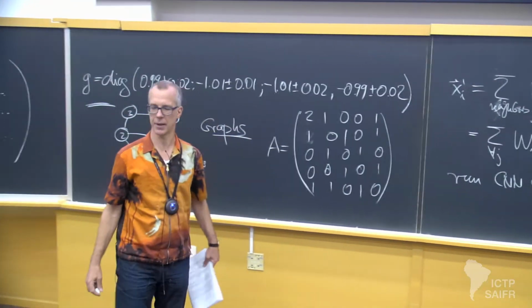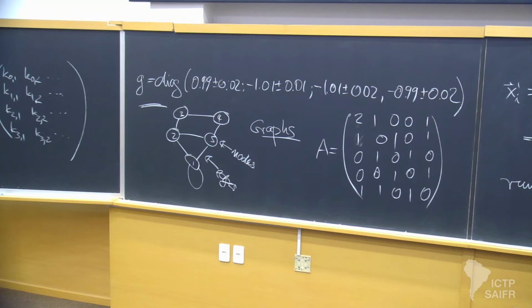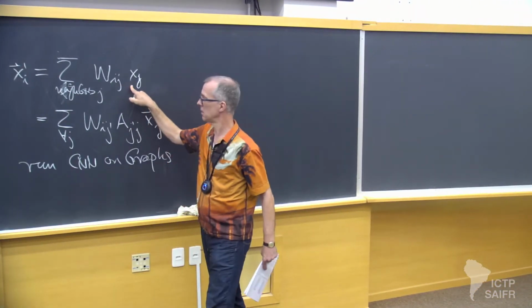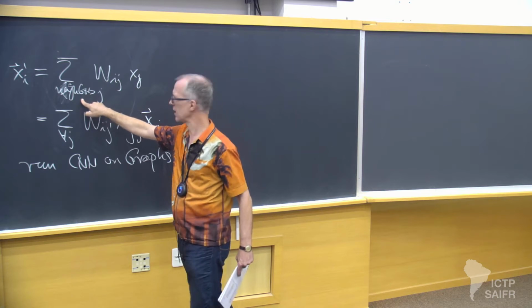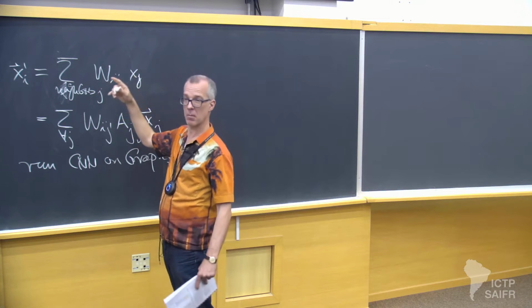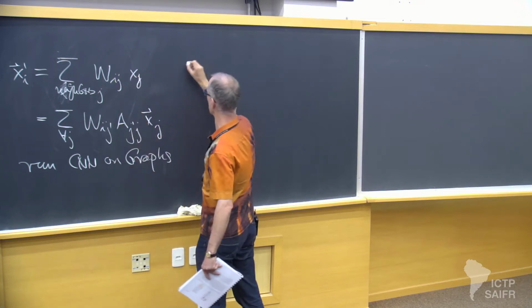Just one thing I want to write down. In general, here we're writing the sum over neighbors, W's times x. If you think about it, there's no reason to just sum here. I mean, there's a million ways of combining these kind of things. For instance, means, minimum, maximum, anything you can do, right? So you can further generalize this